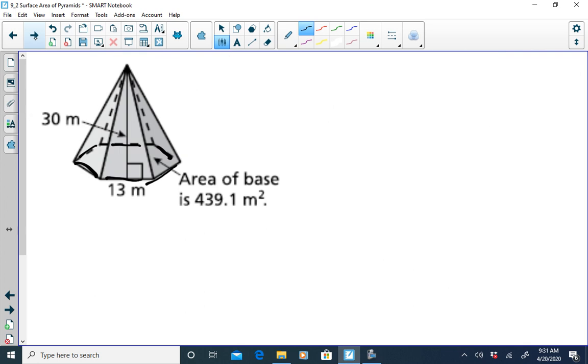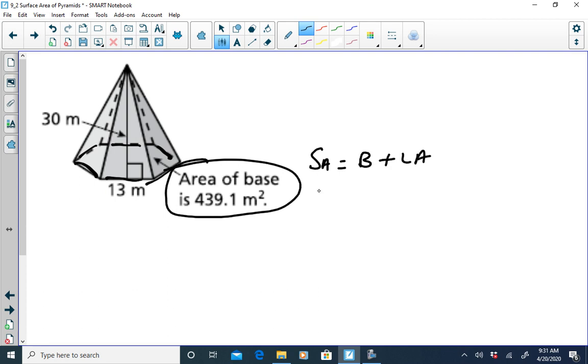Okay, now suppose you get something like this. The base is not a square. The base is not a triangle. The base is actually a hexagon. But you're actually given the area of the base here. So the surface area is still going to be capital B plus LA, but you're already given your capital B. Your base area is